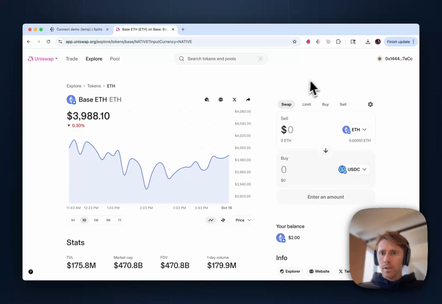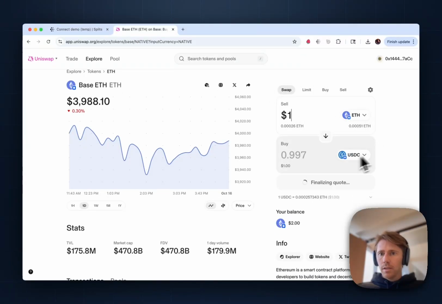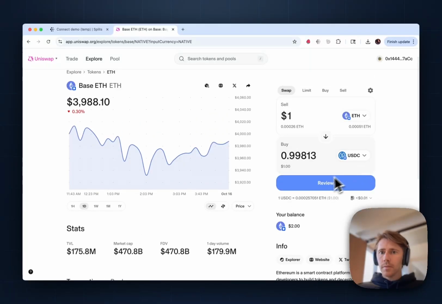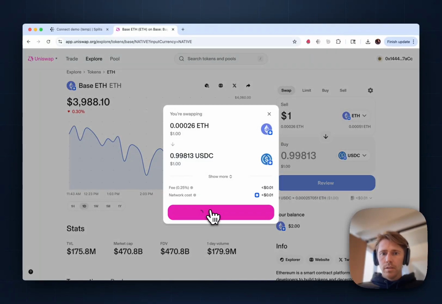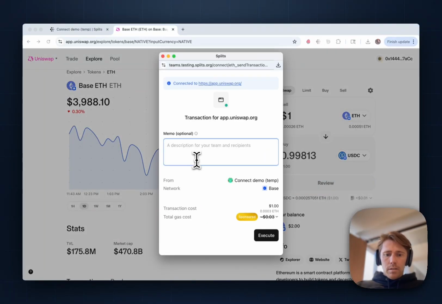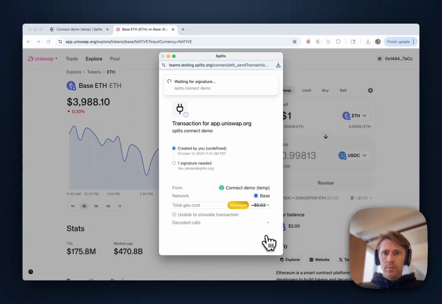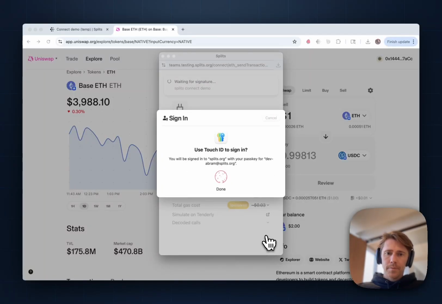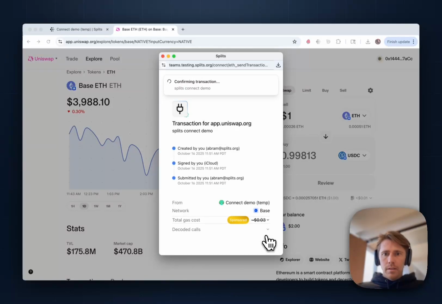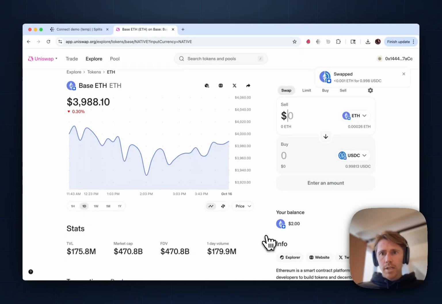So jumping back over to Uniswap, if I want to swap a dollar of ETH into USDC, I can do so. Hit review, hit swap, say Splits Connect demo, hit execute. This will prompt me for passkey, and so now I can go through that whole transaction flow directly within Uniswap without having to have this other